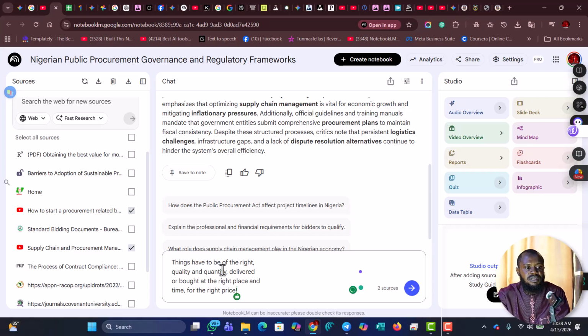So things have to be right, quality and quantity, delivered and bought at the right place. Yes, I converted it to text. I said it should convert it to text. So now